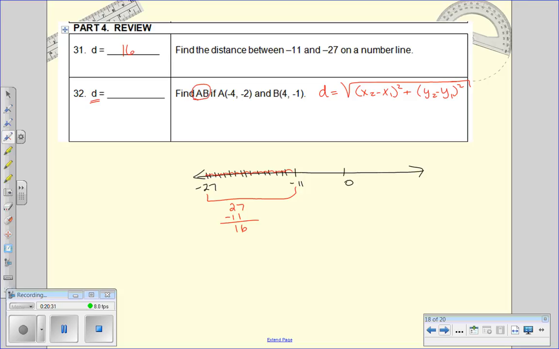We have our first point A, that's our x1 and our y1. I'm using the subscripts just to tell me what point it is. And B, I'm letting that be my second point, my x2, y2. So now we will plug that into the distance formula. X2 is 4 minus a negative 4, that's my x1 squared, plus y2 is negative 1 minus y1 is negative